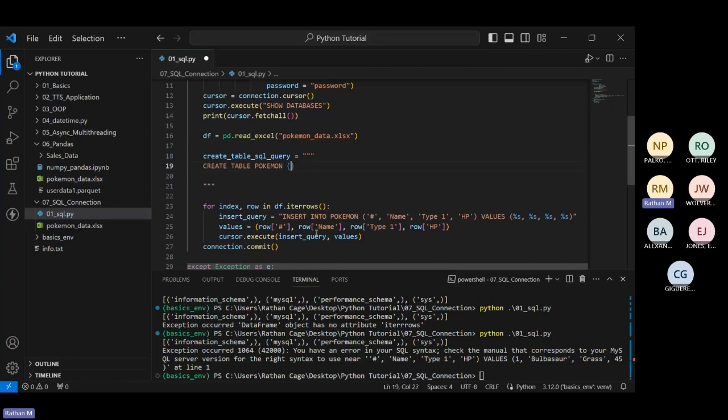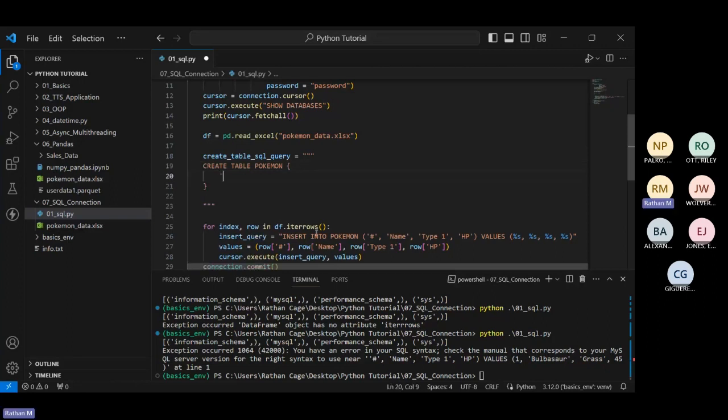Let's create Pokemon and let's add this. So the first thing is hash, which is an int. Then we have